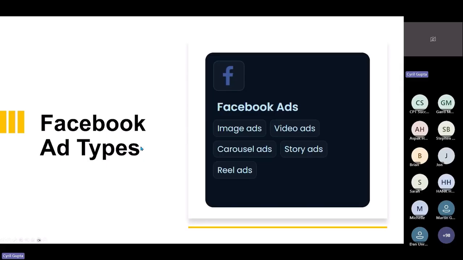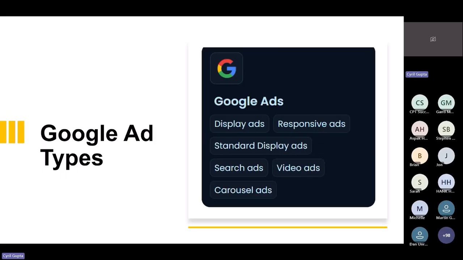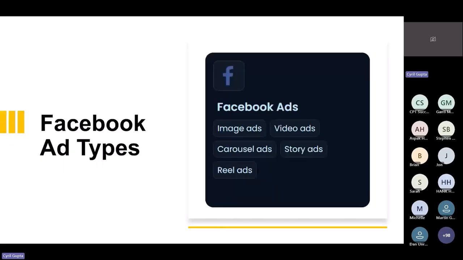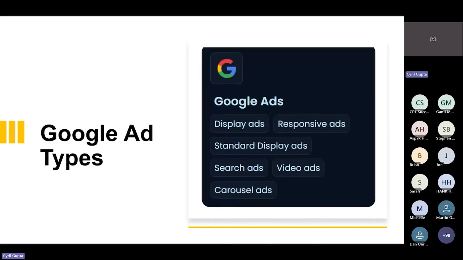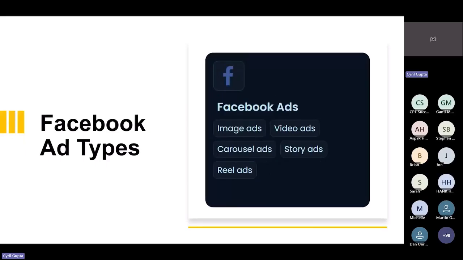So let's take a look very quickly at the rest of the presentation. We got multiple Facebook ad types here: image ad, video ads, carousel ads. Just a reminder of what it can do: story ads and reel ads. It can create videos too. Remember reel ads? It can make reels for you. It can make UGC videos for you. So it's a complete toolkit. It makes product mockups. Basically, if you have Adstorm, you've got the entire agency running for you.